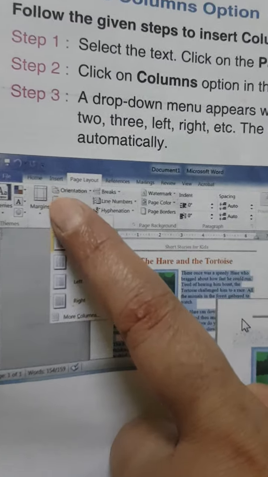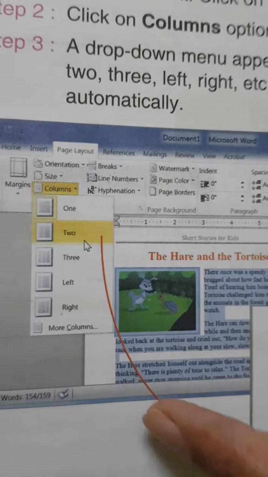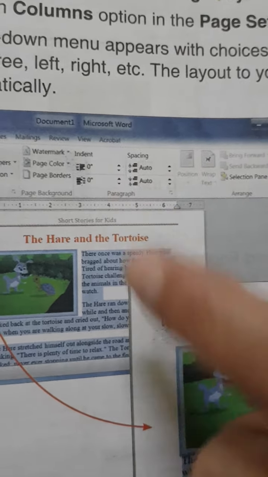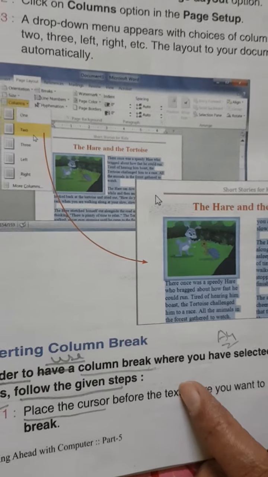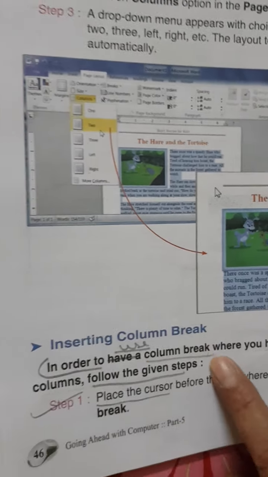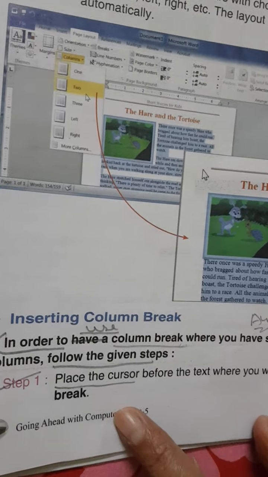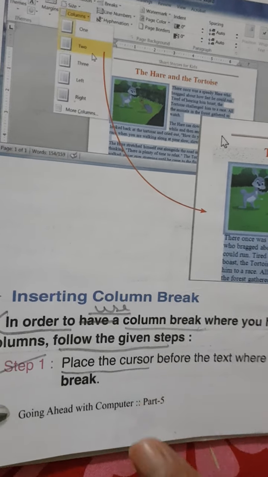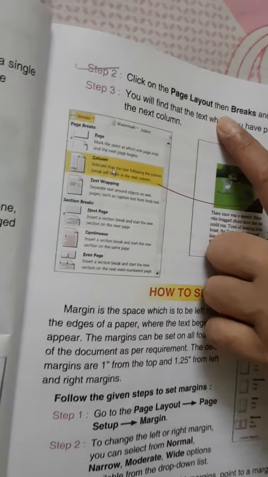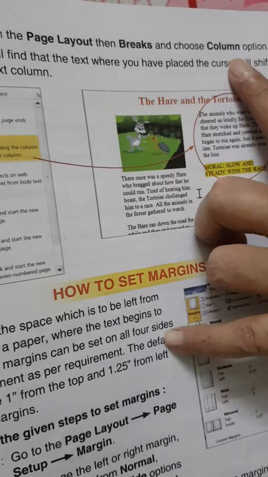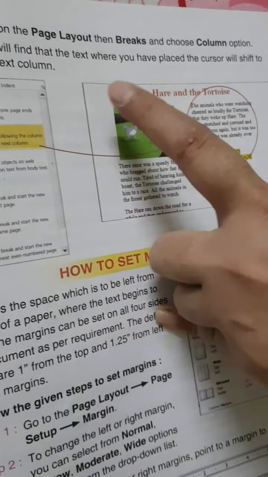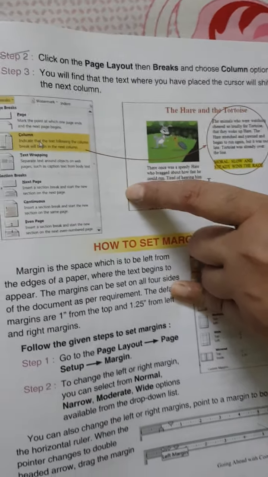Then whenever we will type, the text will appear in the first column. After that, it will automatically go to the next column, then in the third column. Just like we see the contents in the newspaper. If we want to insert column break in that, we can place the cursor where we want to use the column break option. After that, we can select page layout, in that breaks, and then columns option is there. With this, we can break a column somewhere in the middle of the text.